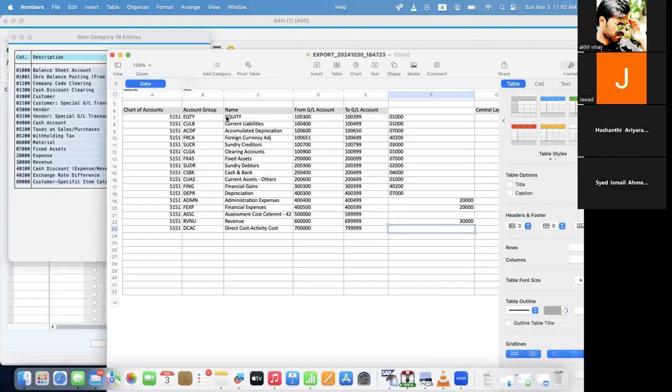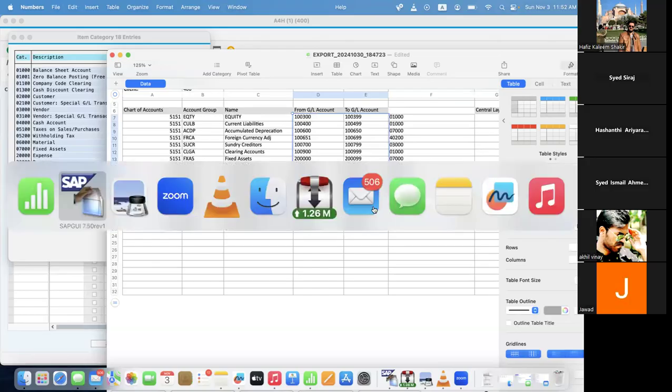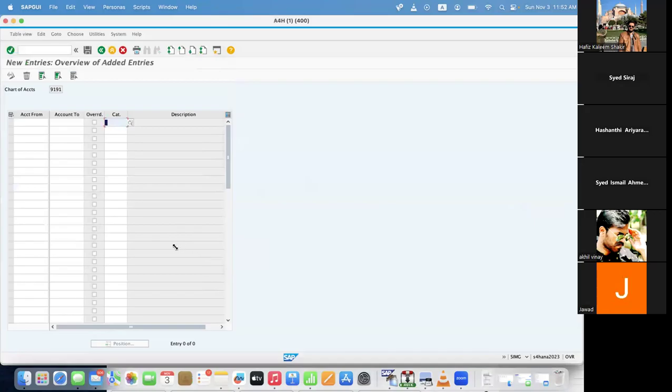Now copy from N2 GL account. Column D and E up till 20000, up till where we have the data in column F. Up till 40599. E row number 20, up till E20. Only E, not F. Control C, go to SAP, close this window. Account from